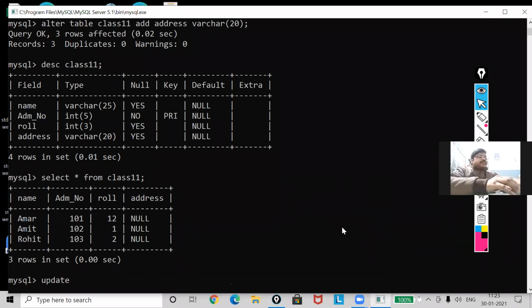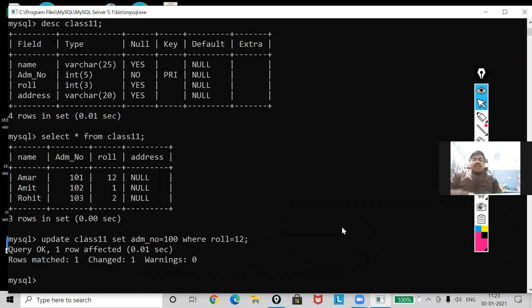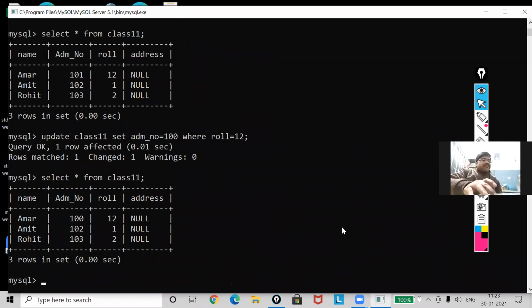Update class 11 set adm_number. What admission number do you want to set? As 100. Where, here the condition I'm going to use: where roll equal to 12. Now when I use select star from class 11, you will see that 101 has been changed into 100.